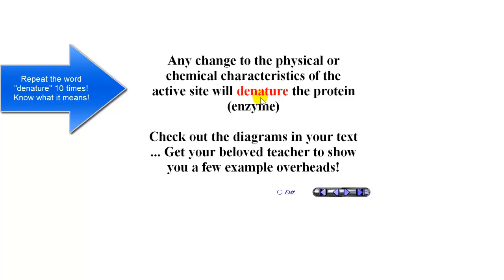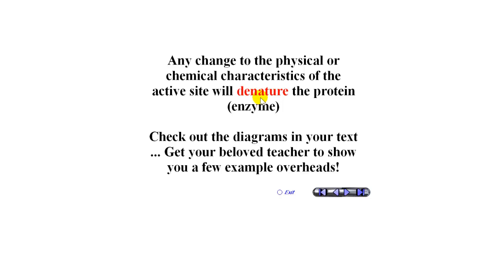Same thing happens when you take albumin, the protein in egg white. When you crack an egg in the morning and you put it in your frying pan, that albumin is actually clear. But as soon as you add heat, notice that your egg white turns this opaque, milky white color. That is because you have denatured the